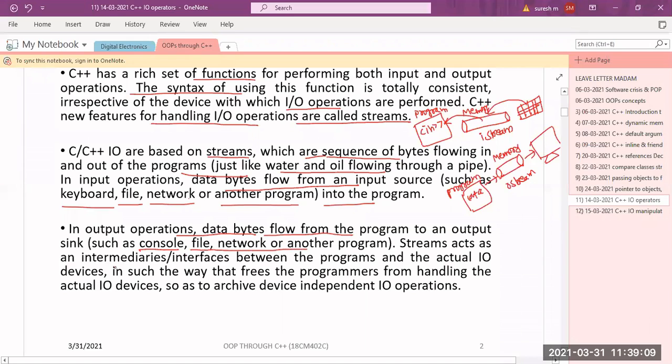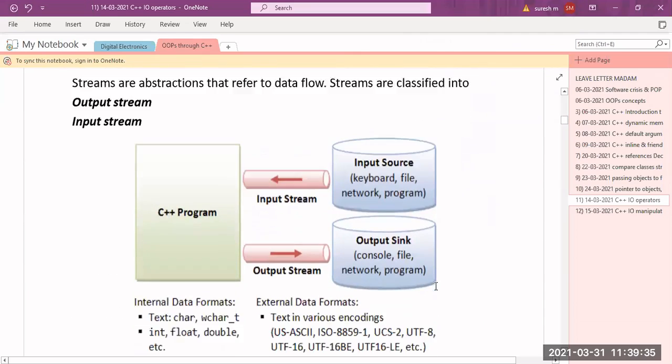Streams act as intermediaries or interfaces between the programs and the actual IO devices. This point is very important. I don't directly interact with the keyboard; in between I have one interface called a stream, in such a way that it frees the programmers from handling the actual IO devices, so as to achieve device independence. So I cannot handle the actual IO devices. In between I have these streams. Got it right?